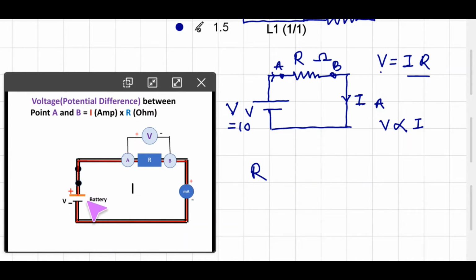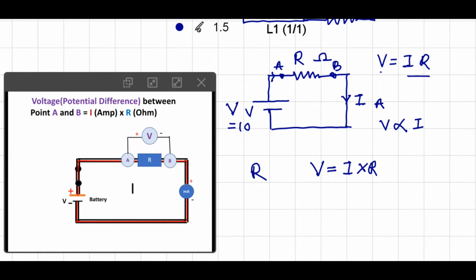The current and voltage relation that I've shown is V is equal to I into R. Here this milliammeter is measuring the current, and the voltmeter connected across A and B, across the resistor, is measuring this voltage. Now when we connect this voltage you will see that the product of current I and R gives the potential difference across this resistance.